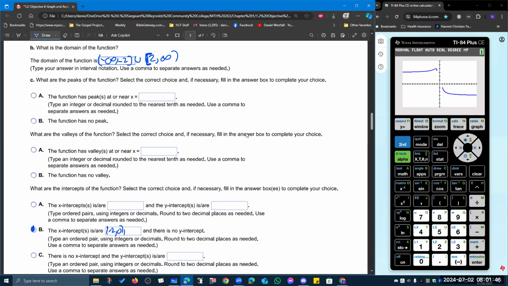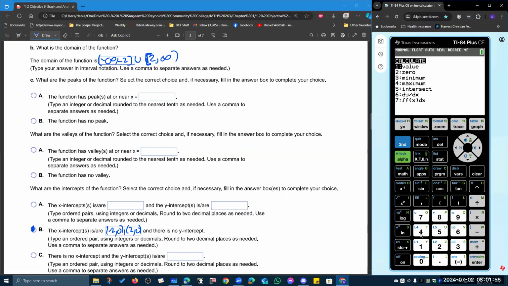Two zero, 2 0. We talked about that. Peaks. Second calc maximum. So peak right there